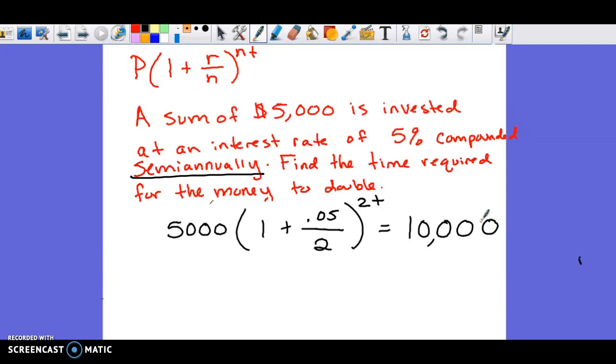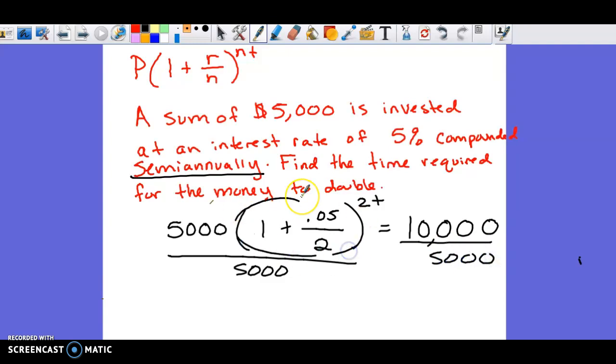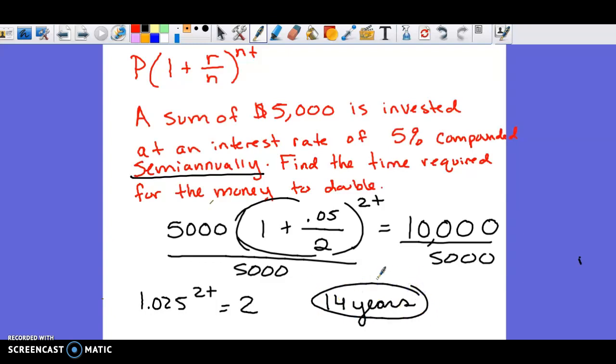And this basically is going to be you solving and pushing buttons on the calculator. So divide both sides by 5,000. You can go ahead and type in this whole mess in the calculator. So 1 plus 0.05 divided by 2, 1.025, 2t equals 2. Take the log on both sides. So you're going to have log 2 divided by log 1.025. Divide that by 2, and I got approximately 14 years for my money to double. Not too bad, because if you did that now at the age